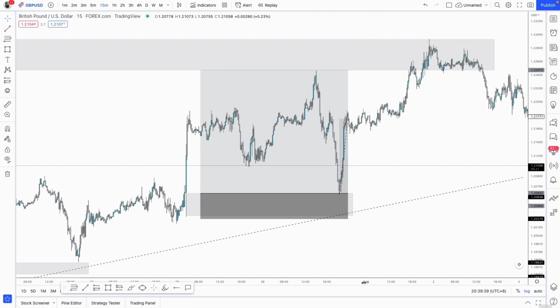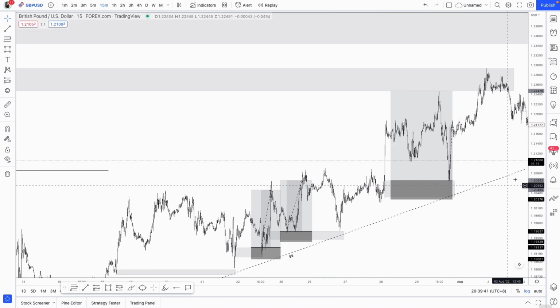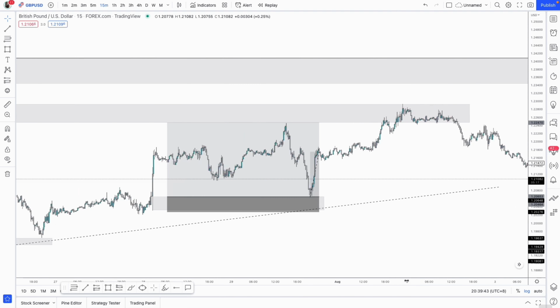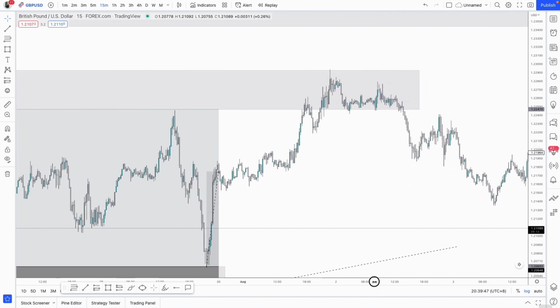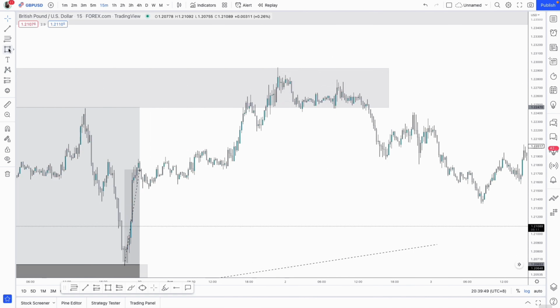But then when we look in here, we can only really be looking for shorts. And how do we get into our short? Because this is where we really want to be trading out of. So how do we get into our short? Well, first and foremost, we need to see the realignment, right? We need to see the order flow,